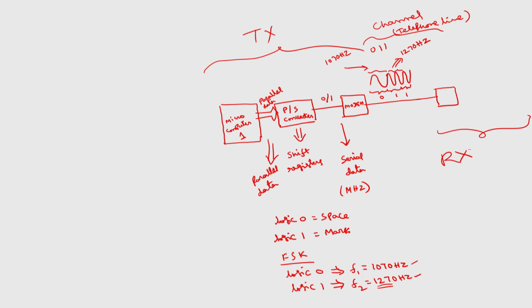So in the receiver we will also have a modem. In the transmitter, modulation will take place. So what type of modulation have we used? Frequency shift keying. The same signal will be received assuming there are no errors, and here the corresponding demodulation will take place. So what will be the output of the modem? Ones and zeros. The input is these audio tones, the output will be 0 1. Then this will be connected to a serial to parallel converter. This parallel data will be given to the second microcomputer.